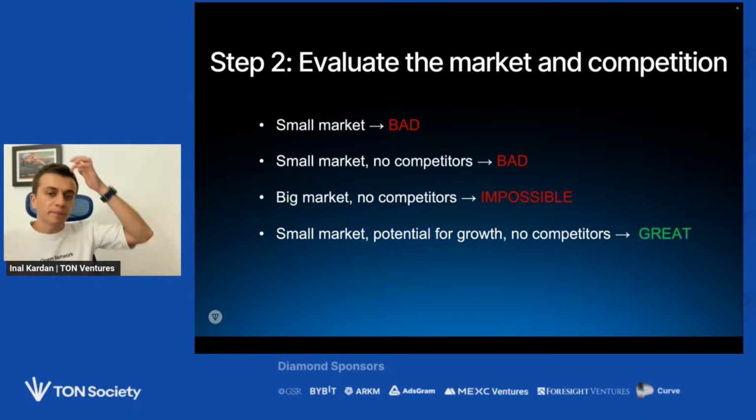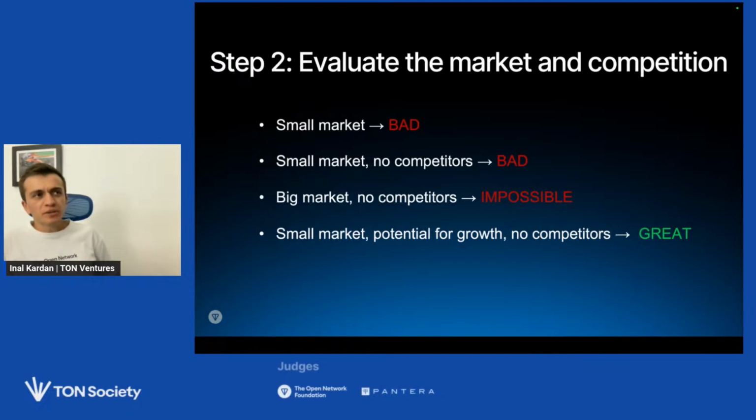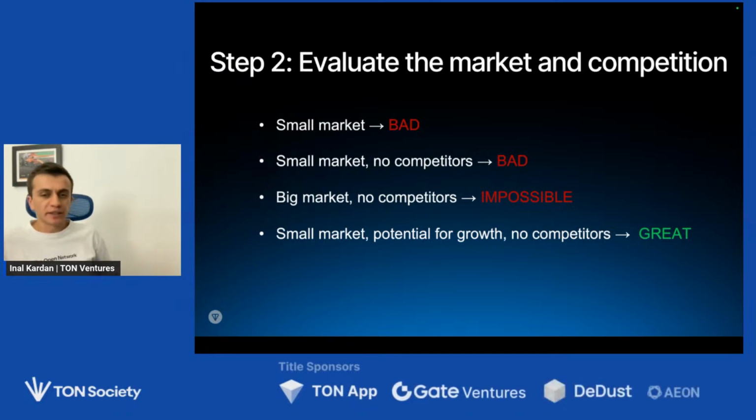Here again, when I say no competitors, it means there are no big companies. There are obviously competitors, but nobody knows about them. Maybe I can talk here about a product called Token Table. They're doing token distribution for several projects in the token ecosystem. They have done it already, and this is actually their case. It was a small market 6 months ago. There was a huge potential for growth, and there were almost no competitors. And now they have become a successful product, as far as I know, according to their numbers.